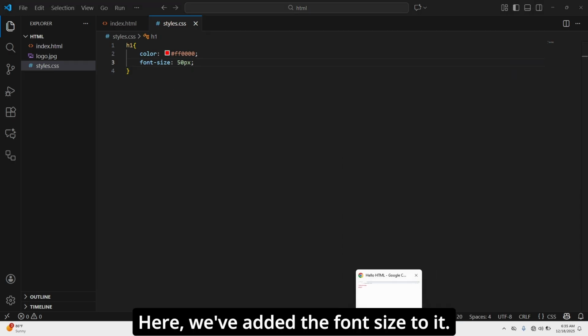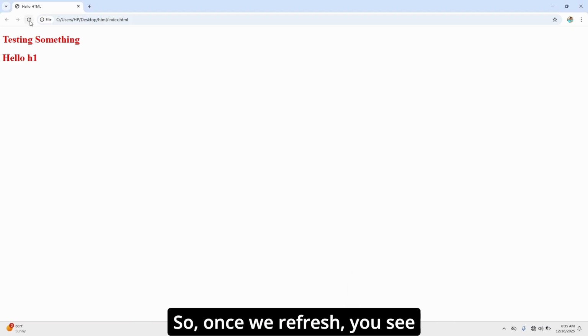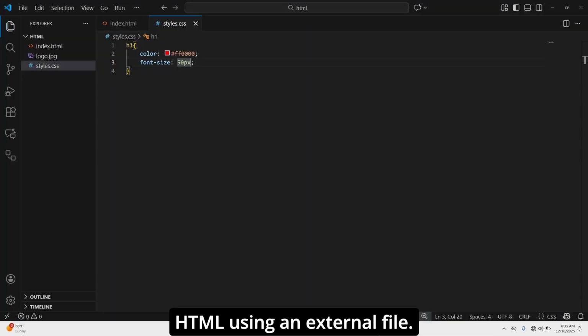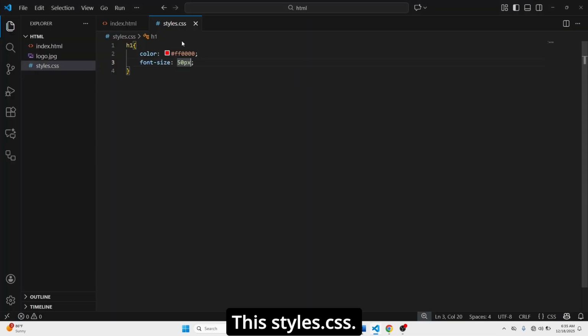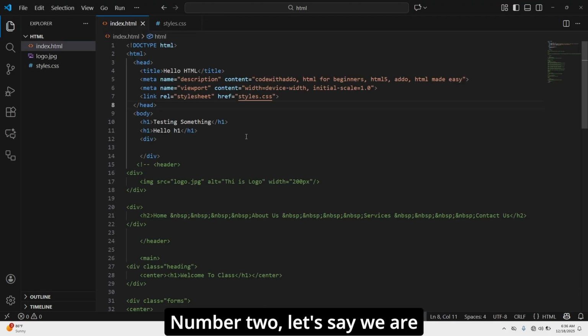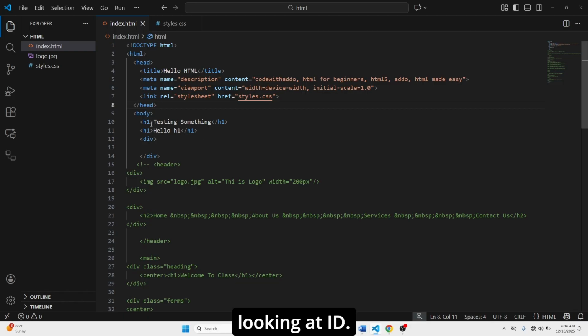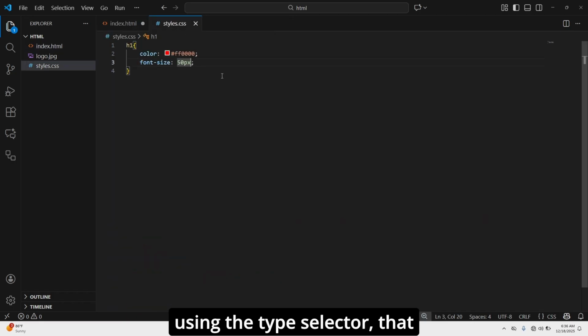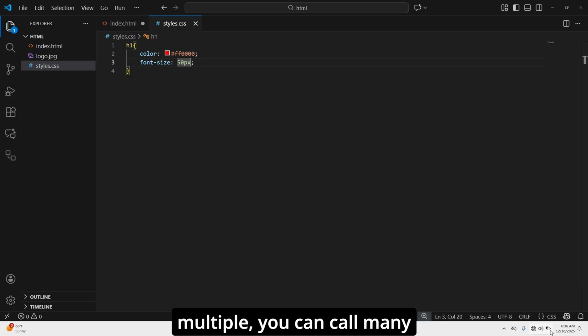Here we've added the font size to it. So once we refresh, you see now we are controlling our HTML using an external file, this styles.css. Okay, so that is number one. Number two, let's say we are looking at ID. Let's give this particular H1. Remember, when we call using the type selector, that means you can call many multiple